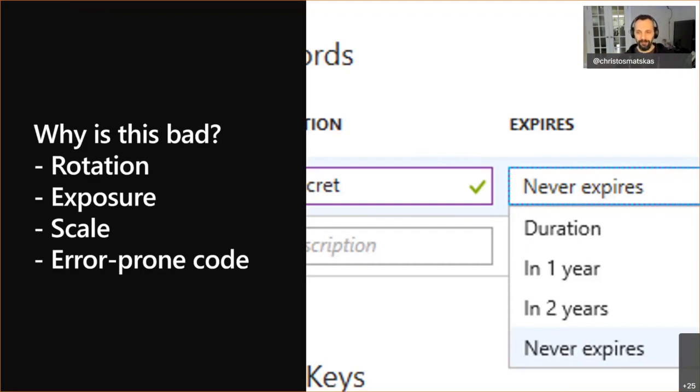That was my rotation. And it was easy to guess. So if you knew January, you knew February and March. It was such a basic pattern. Always there was an exclamation mark in the end. So it was obviously more secure. But that was my rotation. I mean, that was better than not rotating the keys, but at the same time, it was an awful practice. So rotation is something that if you are managing keys today, you know how tricky it is. You have to remember how often to rotate them and when they expire and what have you.